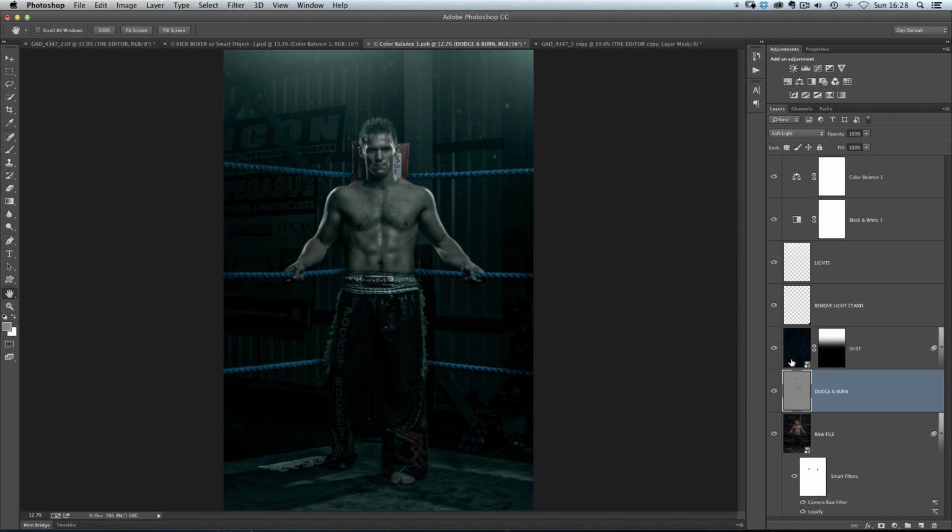But just to give you an idea of how we can use dodging and burning to enhance muscles, let's quickly look at it. As a side note, this tutorial, taking this original picture from out of camera all the way to the final picture, is going to be a future issue